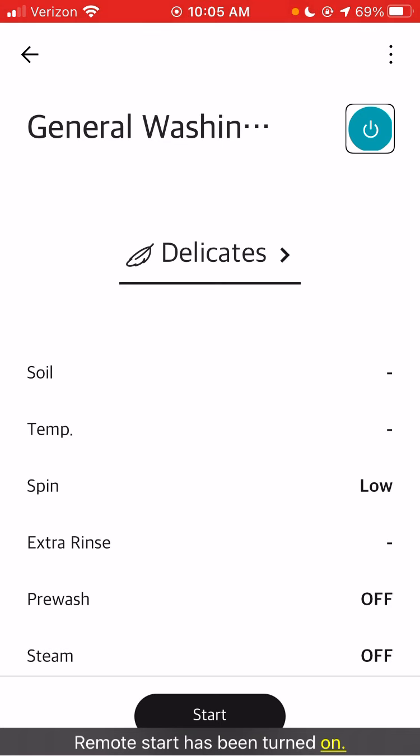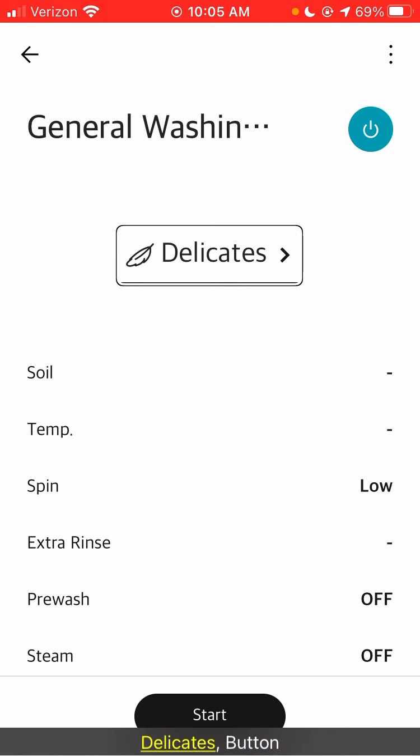Now this is what I personally do. I stay away from all of the physical buttons on the device. But the fact that I can at least change the rinse and all that stuff on the washer, that's one good step forward, but there's no reason why I can't do it here on the app. But one new problem... General Washington. Delegates button. So if I hit this delegates button,